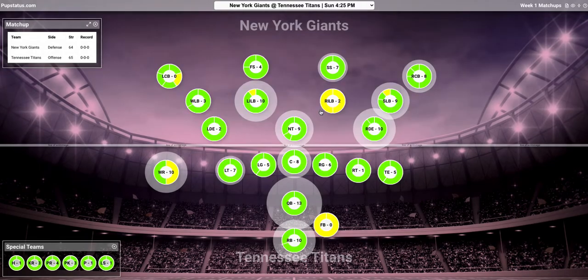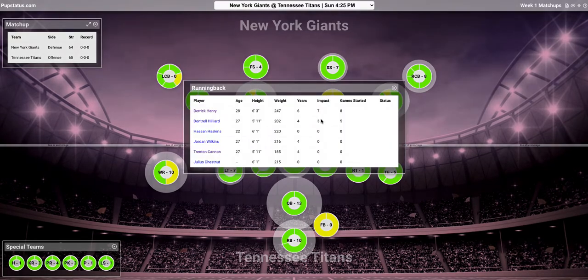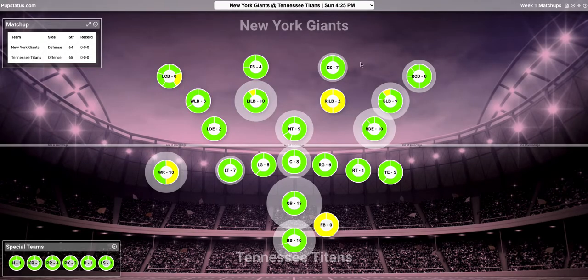Obviously, this is much less than his general impact. It should be in the high teens, but last year he didn't play that many games. You can see here he started 8 games, so he didn't really have that much impact overall, and they did pretty well last year. Actually, I was pulling for him, especially since he had gone down. Anyway, you can just see the Giants aren't necessarily that beefy in terms of their value on defense.